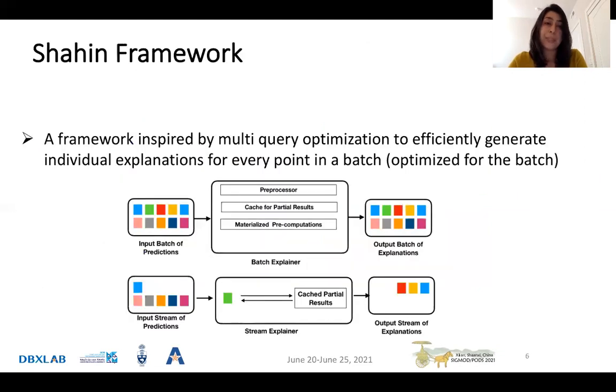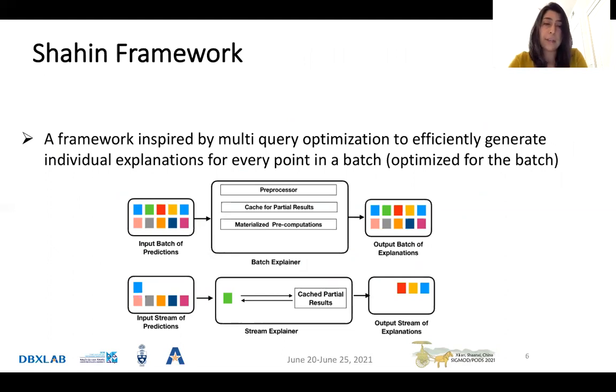We propose a framework inspired by multi-query optimization techniques in the database field to efficiently generate individual explanations for every point in a batch, which is optimized for the batch.